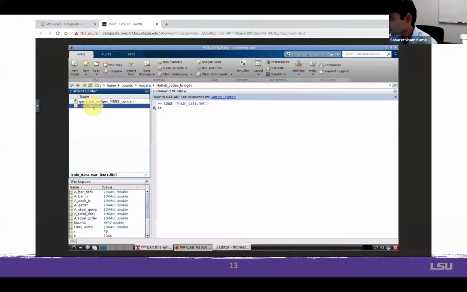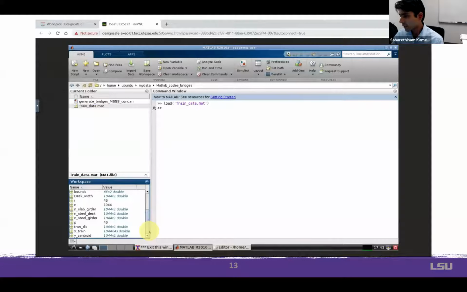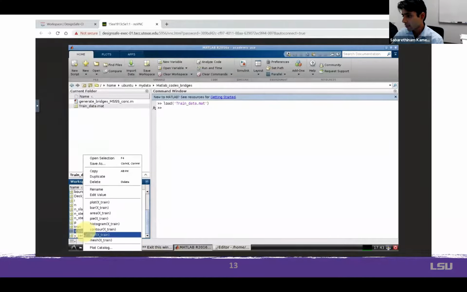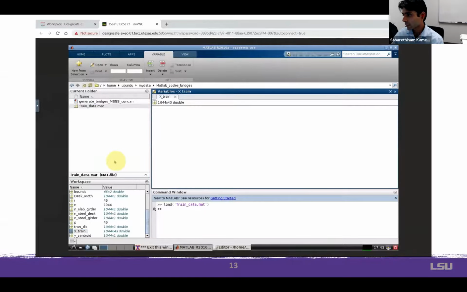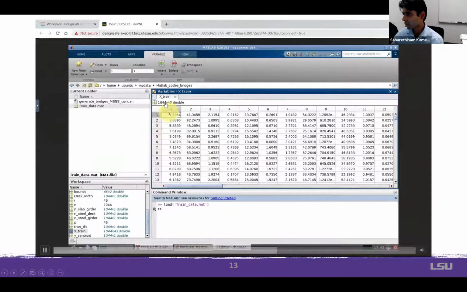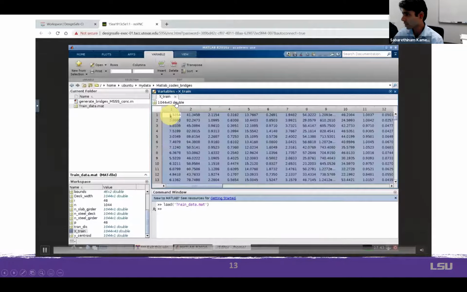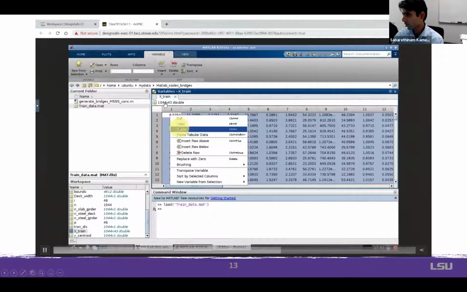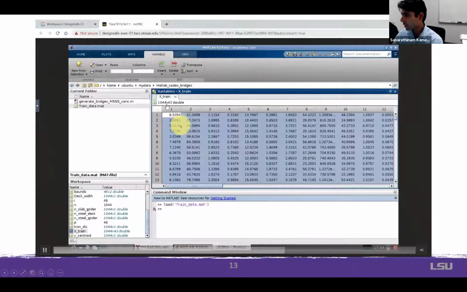Here I'm loading it, and I will open the training data, which is in this variable xtrain, and we can copy all of this information. For example, here we can see 1044 parameter combinations for 43 parameters. So this means 1044 bridges and 43 parameters. I copy all of this.